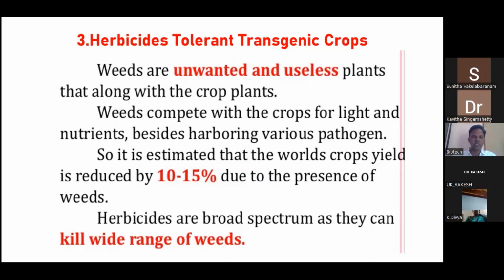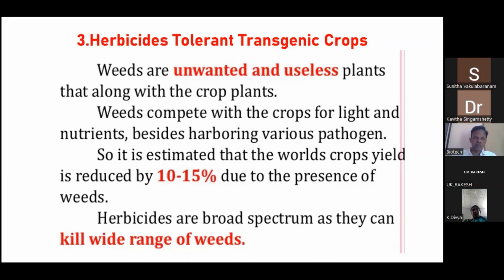This is a very common sight when you go to a countryside, to a village. Men and women are working hard in the sun, removing the weeds. This is very common. But in this case, what scientists decided is we should produce herbicides which will kill weeds